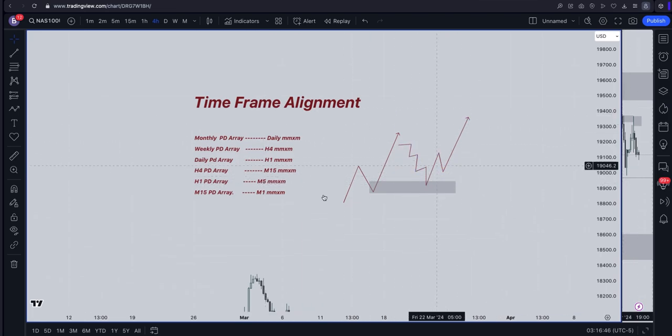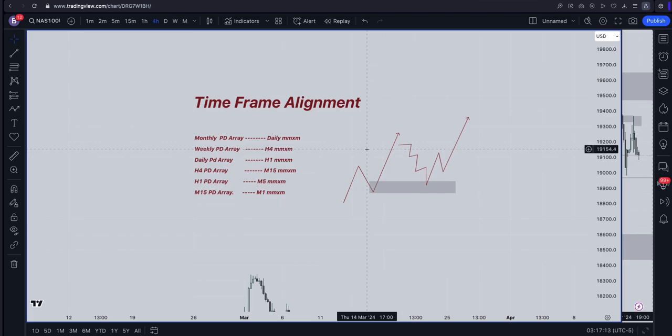So this phase will now be the market maker buy model. Okay, coming from a sell model to a buy model. You understand? So this is a PDRA. Now I'm speaking to those who understand what PDRA is and the market maker buy model. It's as simple as that, from buy to sell to buy. You understand?